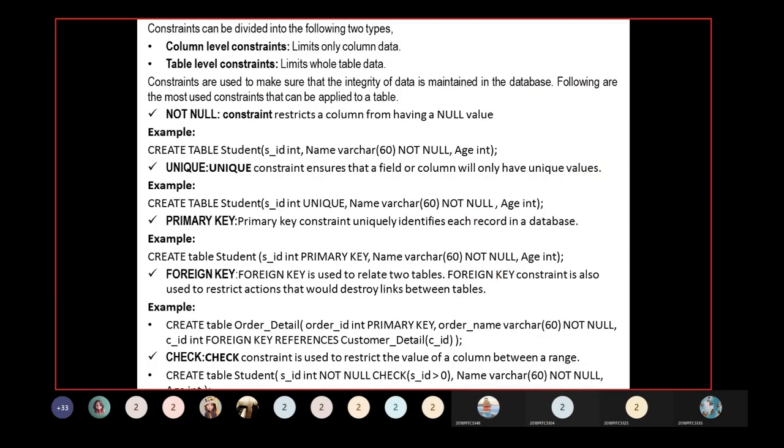Integrity constraints can be divided into two types: column level constraints and table level constraints. A column level constraint limits only the column data.